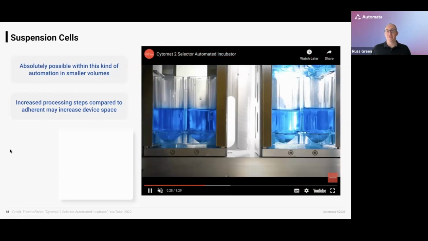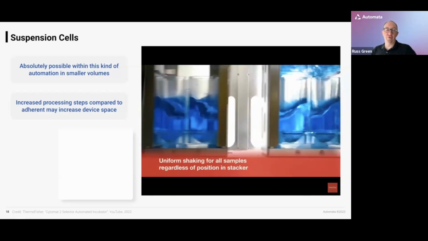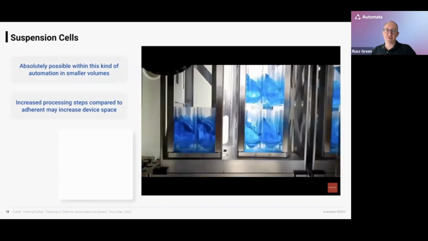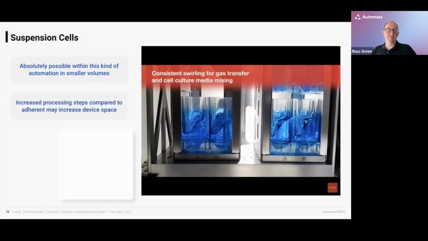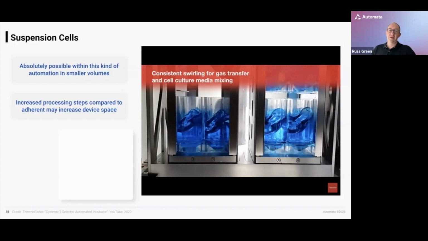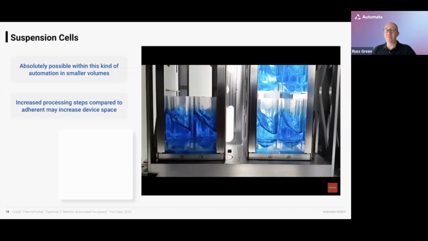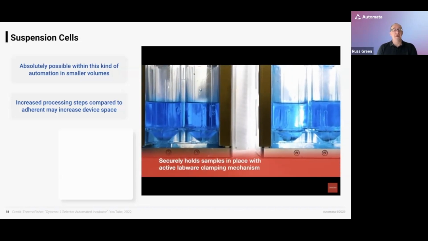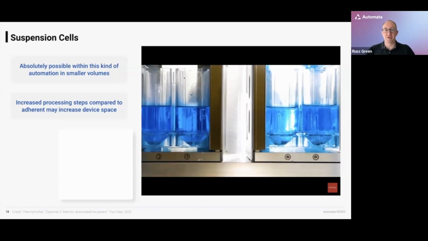Often it comes down to whether we can handle the volume that's required. You can see here the Thermo CellSelector incubator, which allows us to shake at a reasonably large throw for automation. I think it's a 20mm orbital shake. It holds a reasonably large volume piece of labware, a very deep 6-well plate that can hold several tens of mLs of culture. And so all of a sudden, we're starting to unlock the possibilities of working with suspension cultures.